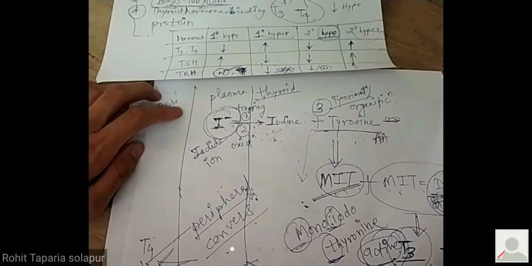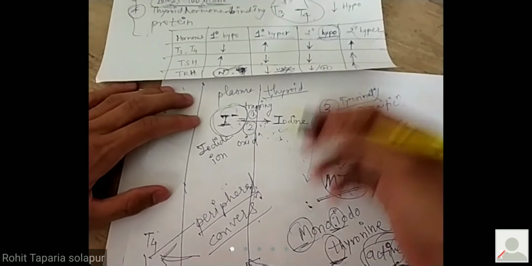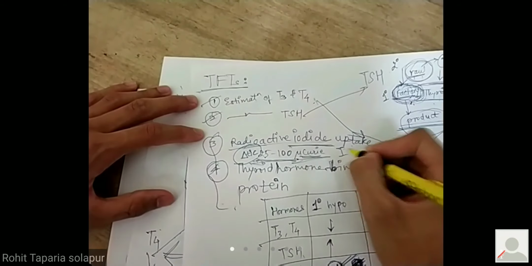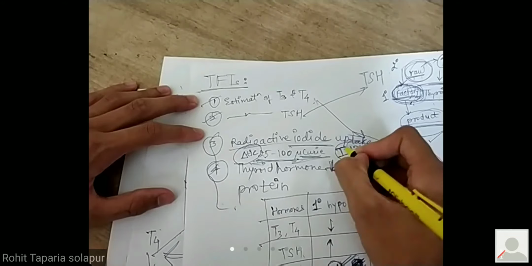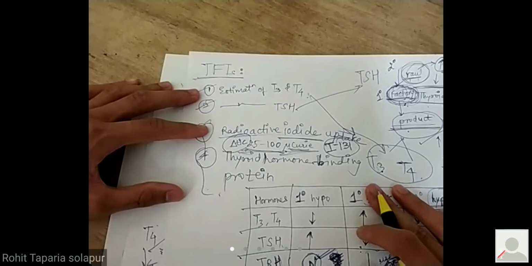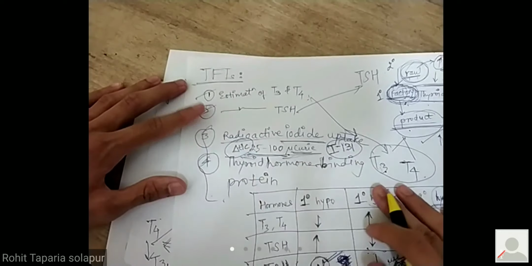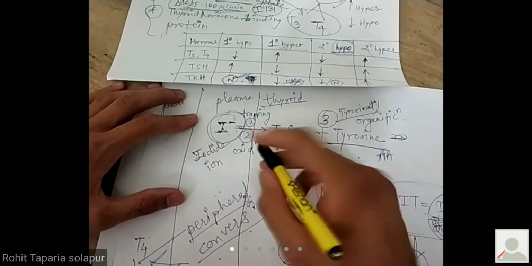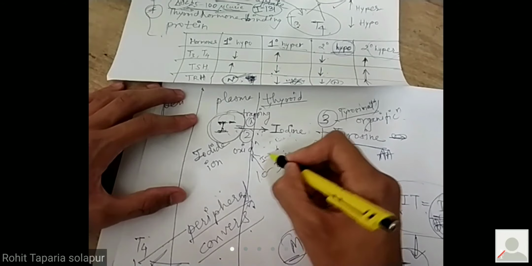Okay, so normally when you give this radioactive iodine, they will ask you an MCQ question: which radioactive iodide do you give? That is iodine 131. Okay, you commonly know it, iodide 131 you will give. So if you give this dose, almost 10 to 30% is taken up by a normal person within 24 hours. So after you give it, if the functioning of the thyroid is normal, then it will take how much? 10 to 30% of the radioactive iodide 131.